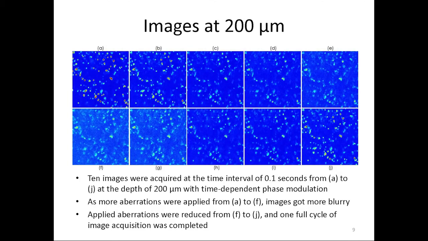Here we can see images collected at 200 micrometers with phase modulation. So 10 images were acquired 0.1 seconds apart, and more aberrations were applied from image A to F as the phase function grew. Finally, the applied aberrations were reduced from image F to image J, completing one full cycle of image acquisition. At image A, no additional phase is applied, so this is the same result acquired by a regular